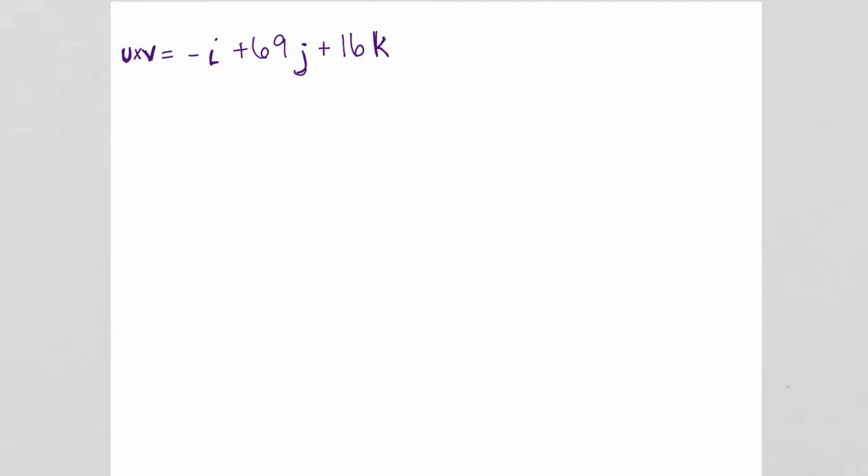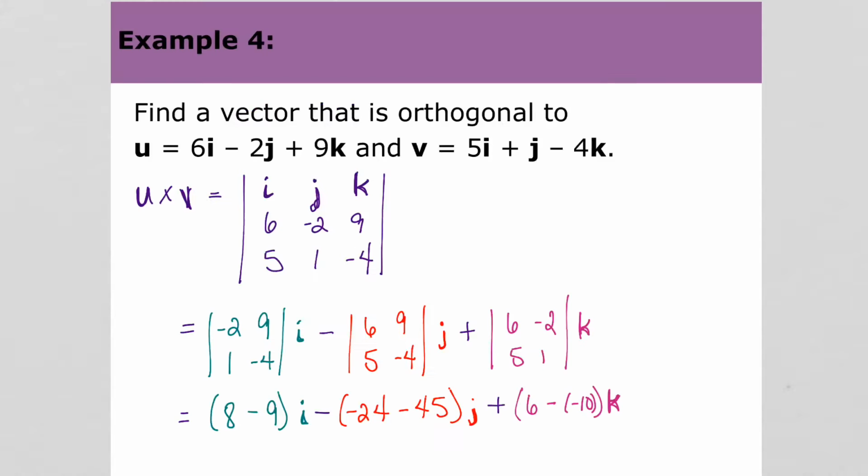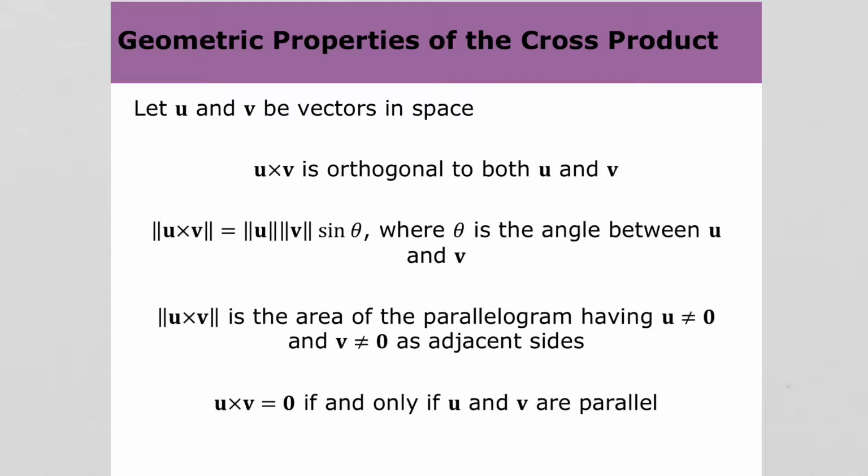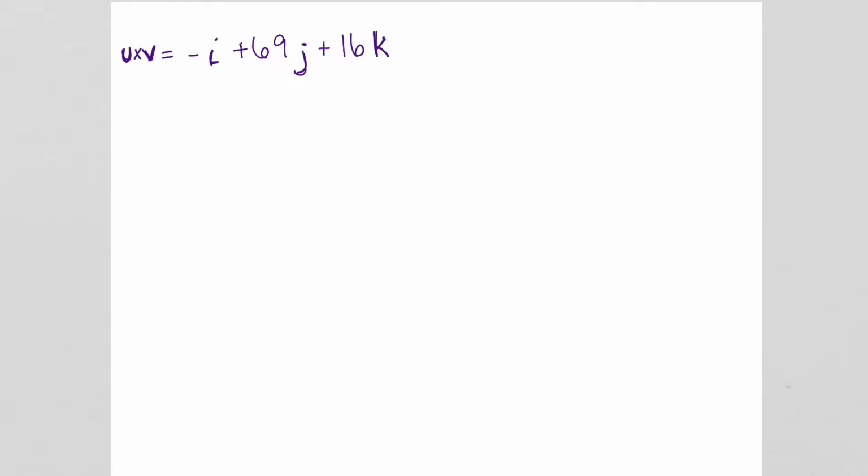We can check that, and we will very quickly. To check and see if two vectors are orthogonal, if they're orthogonal, then the dot product, if you'll remember, is 0. The dot product, not the cross. So if we take u